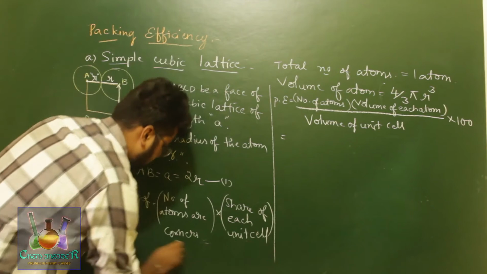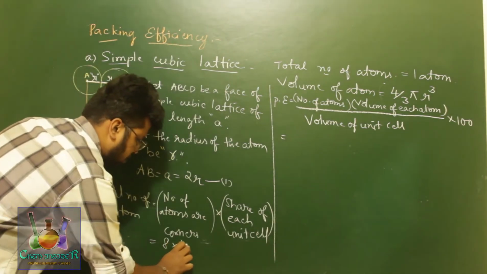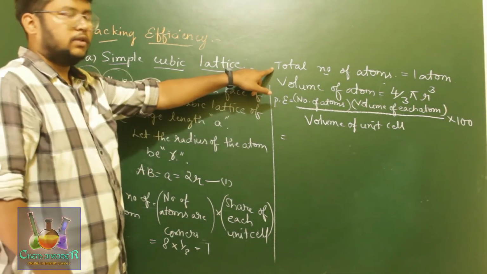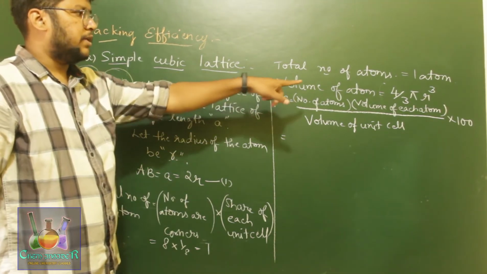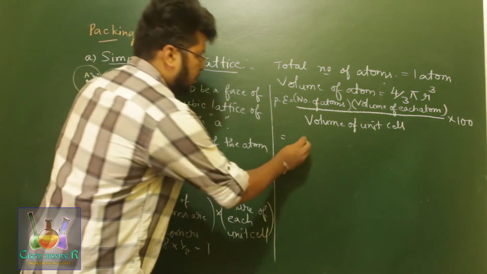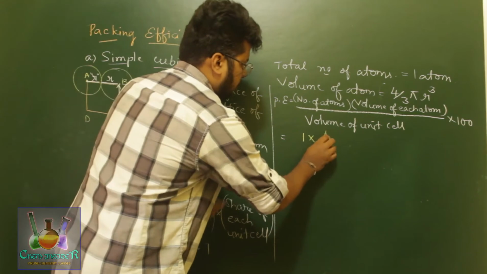There are 8 atoms present at 8 corners, share of each unit cell is 1 by 8, giving us 1 atom. That's what we have written over here. Next is the volume of an atom, that is 4 by 3 pi r cube. So substituting that over here, we get 1 into 4 by 3